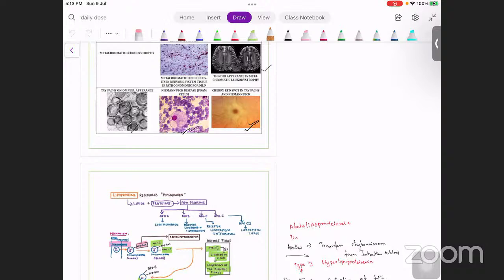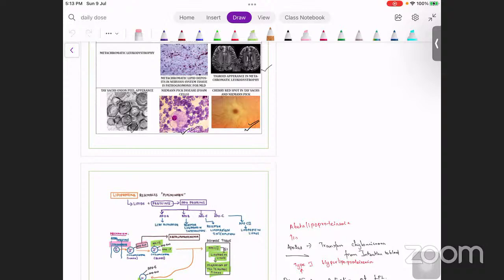Speaking about the lipid storage diseases, there are certain few things. Number one is your sphingomyelinase enzyme. Sphingomyelinase enzyme defect could result in Niemann-Pick's disease, ceramidase, Farber's disease, and glucocerebrosidase enzyme defect, Gaucher's, alpha galactocerebrosidase, Fabry's, and beta galactocerebrosidase, Krabbe's, hexosaminidase A deficiency, Tay-Sachs, hexosaminidase A or B deficiency, that is your Sandhoff's disease.